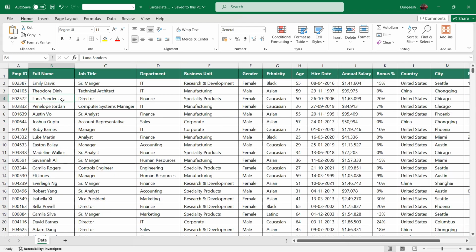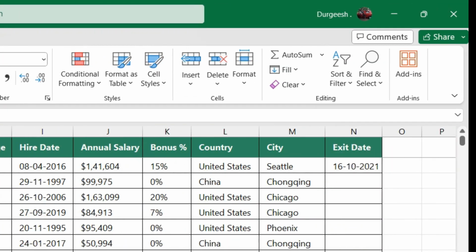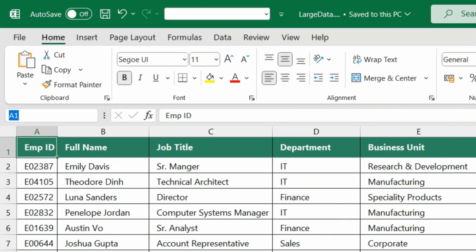To select 15,000 rows from the top, the simplest method is we need to click on the first cell, go to the name box. So this is the name box that is beside the formula. In the name box, we are going to type the last column which we want to select. In my sheet, N is the last column. So I'll type N and I need 15,000 rows. So I'll just type